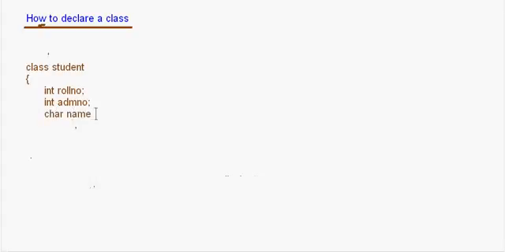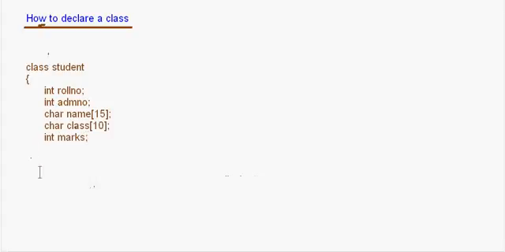Then I take char name and I give the length as 15 here, and then finally I say, okay, let's put it like this, char class and here we say 10, and then say int marks,